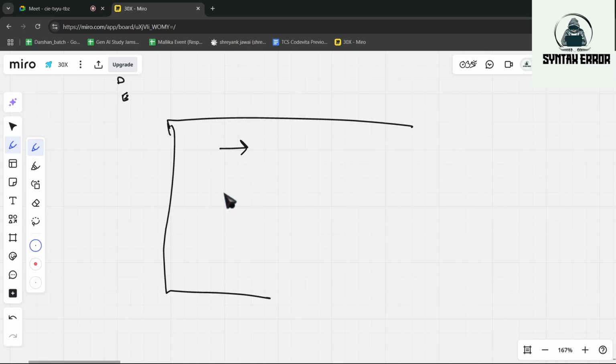So when we say concepts or patterns, what comes to our mind? A template. We can create a template for each of these patterns and use it according to the question. We need to read the question, find out which pattern that question is in, remember the template of that pattern, and depending upon the question's requirement modify it a little bit, and we will be ready with the algorithm of it.